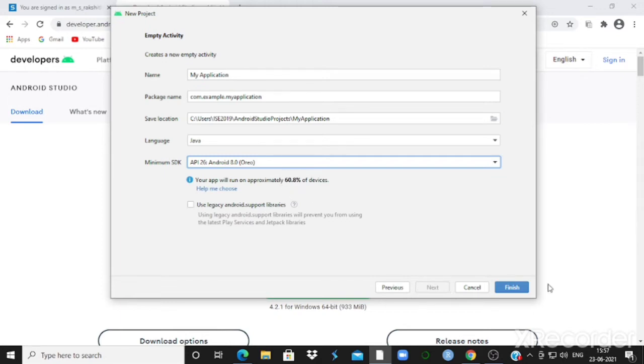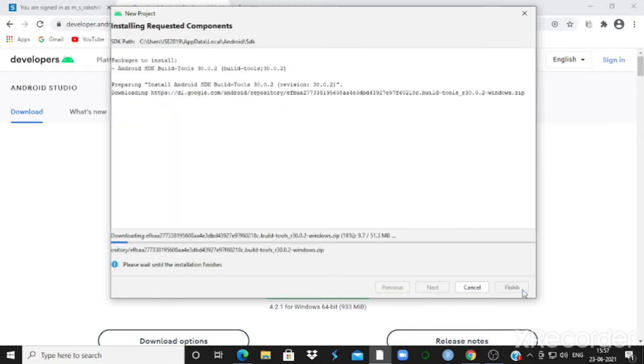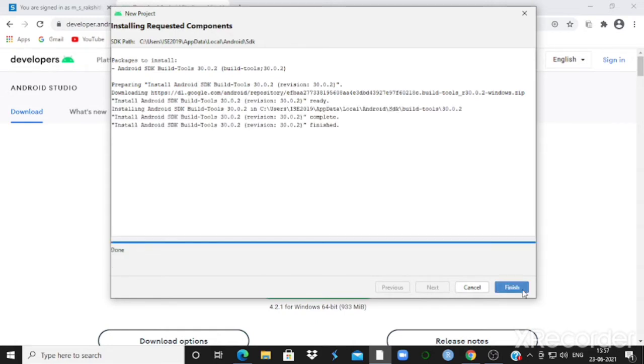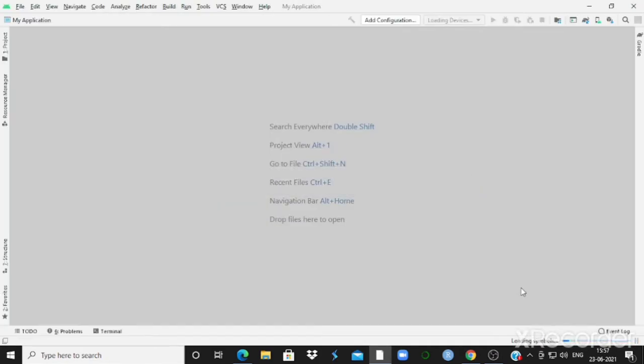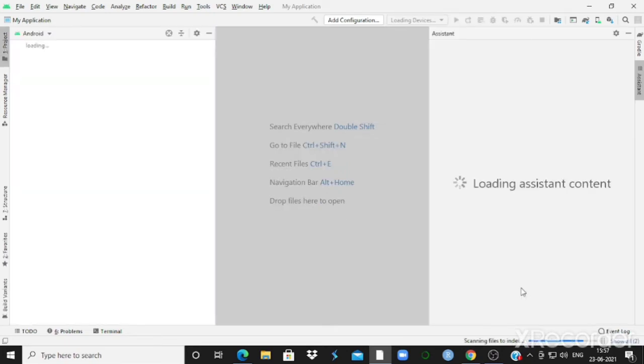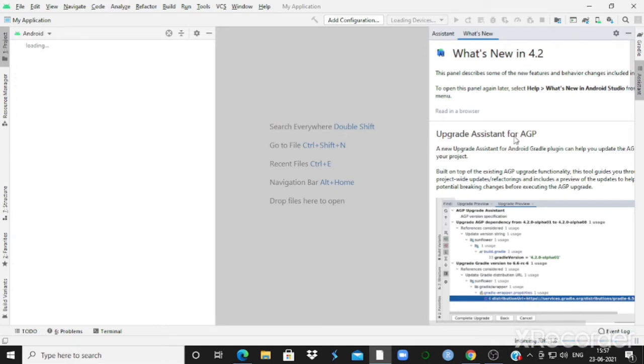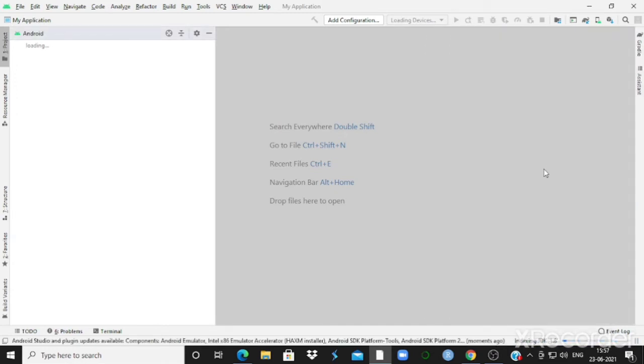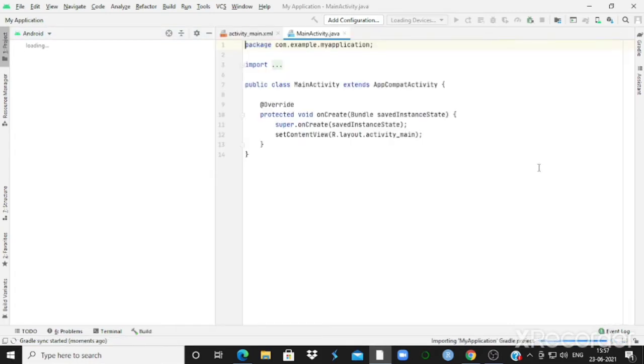Click on finish. It takes a few seconds to load the Gradle.